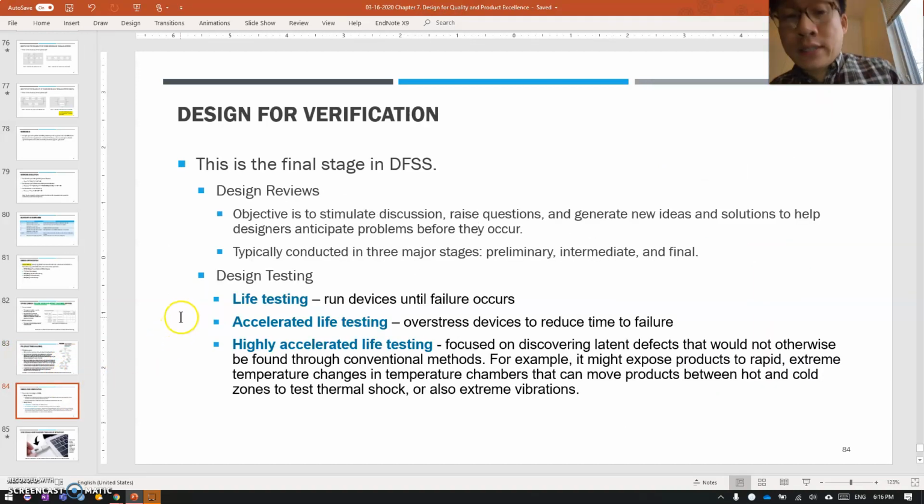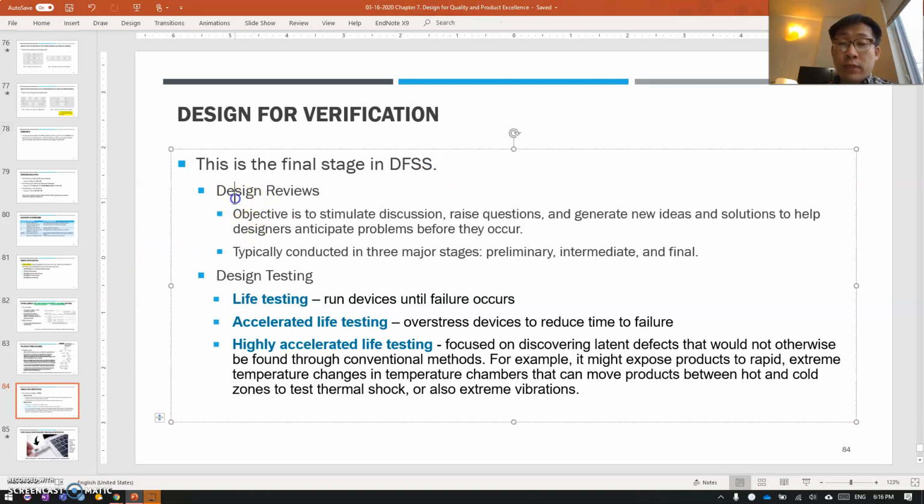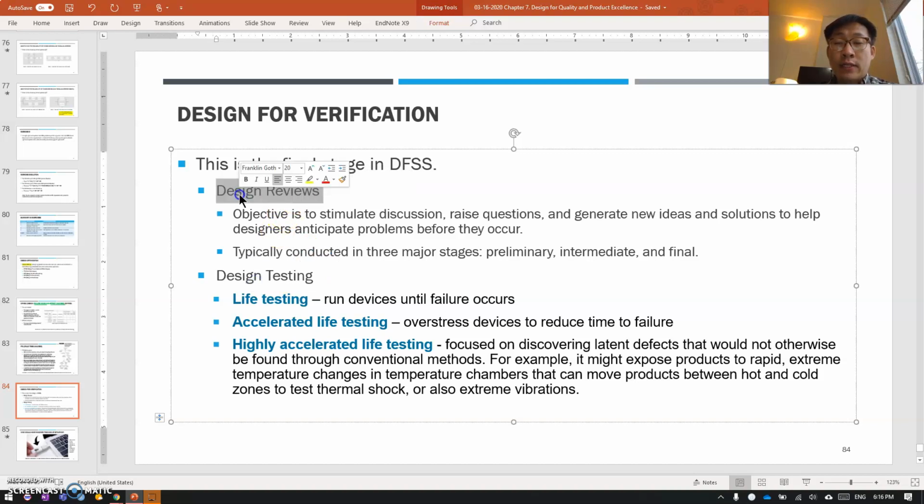Last step is the design for verification. This is the final stage in design for Six Sigma. You do design review. You also do the testing, okay? But this design review is by no means linear, okay? I'm not going to pretend I know more than I do. I actually do. But